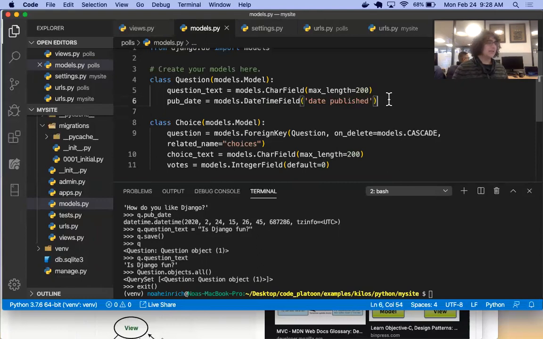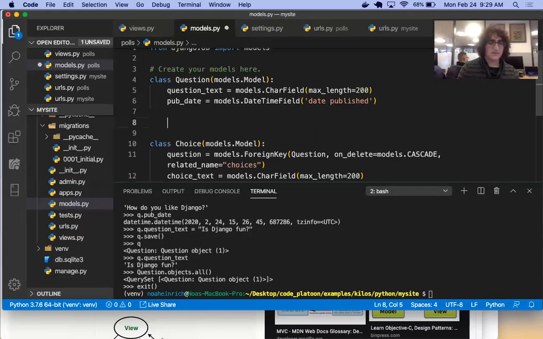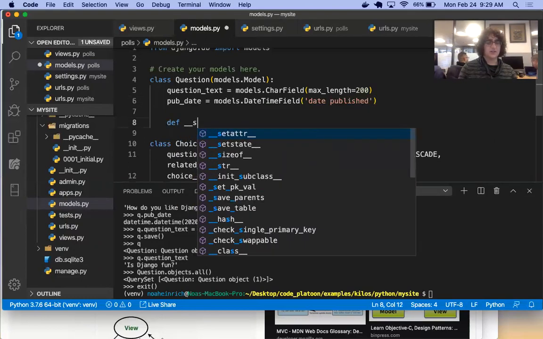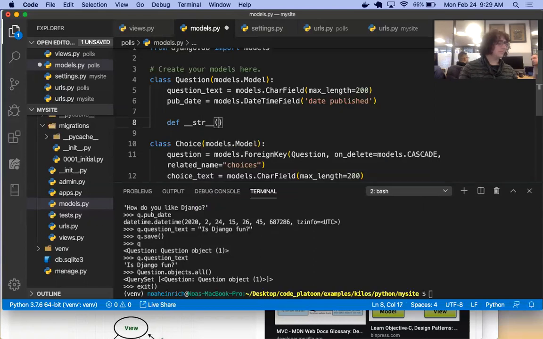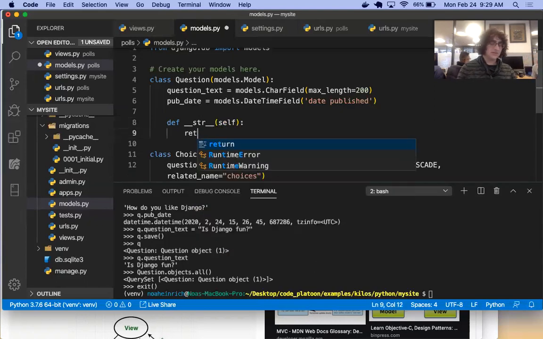So what we're going to do is make a dunder method to overwrite the string method so that it'll display the way we want it to. I'm going to call this def __str__, taking self as an argument, and I'm going to return